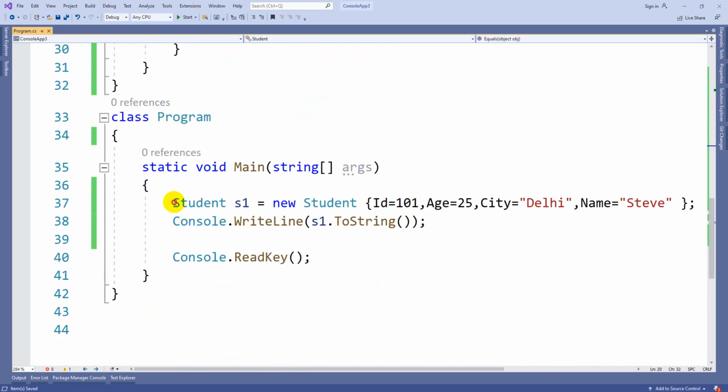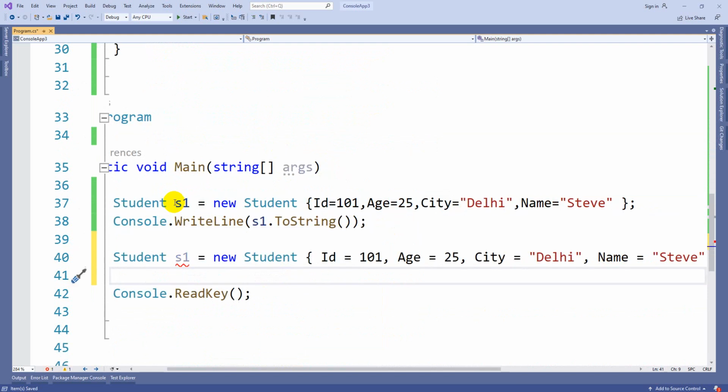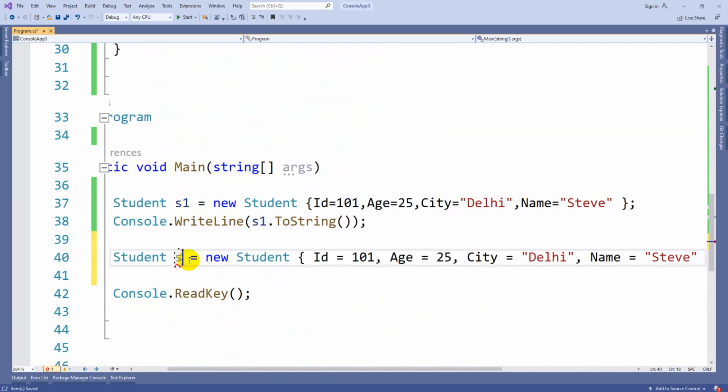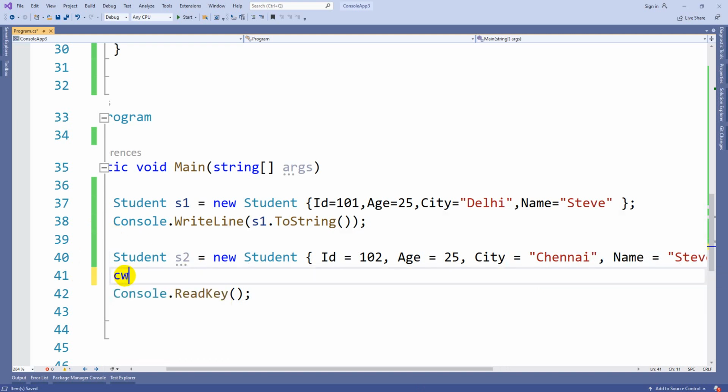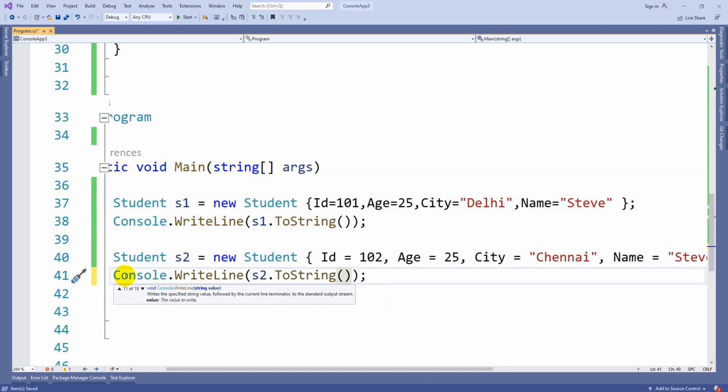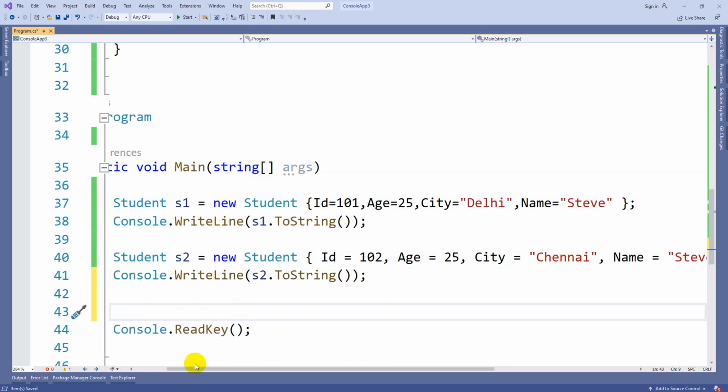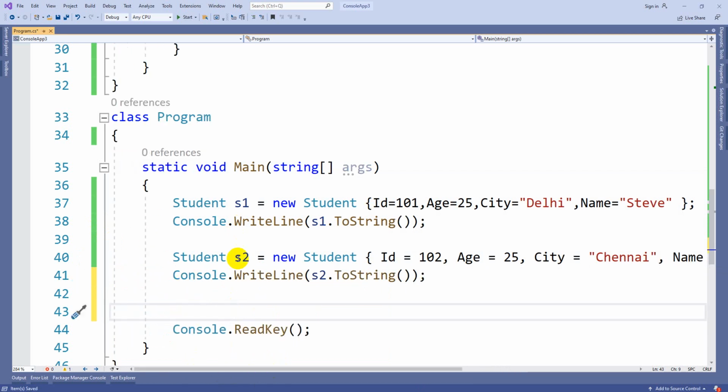So now this can be compared like this. This is student 1. Suppose this is S2, here we have 102, and he is from Chennai, for example. Again we print this on the screen, S2 dot toString. Here my logic is, I just want to compare S1 and S2 and check whether they are equal or not.